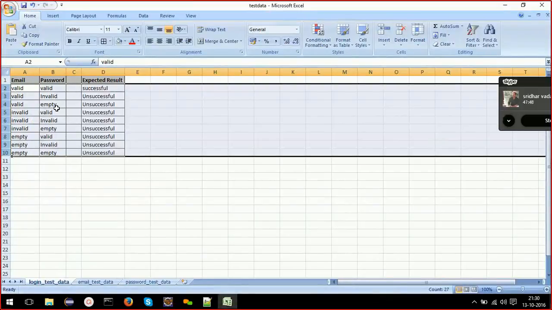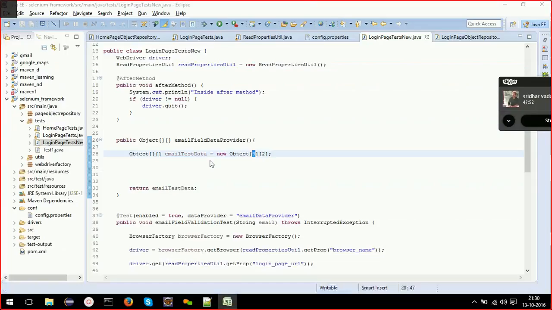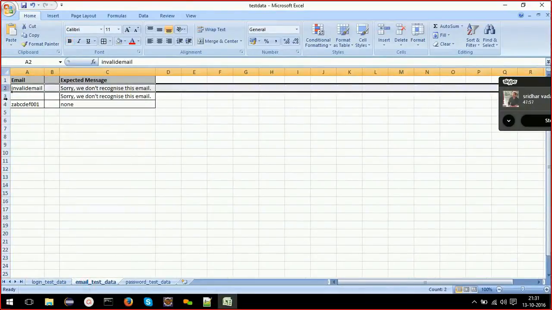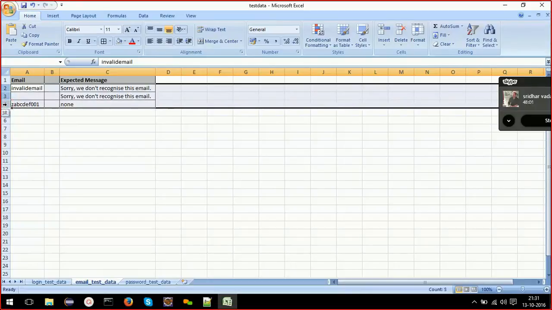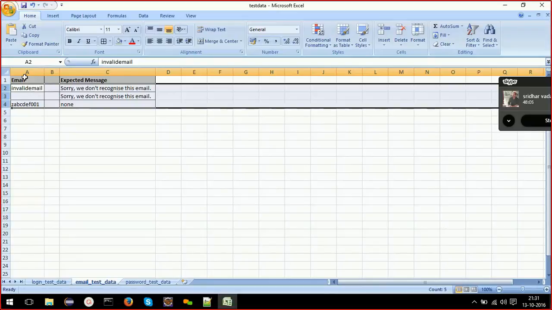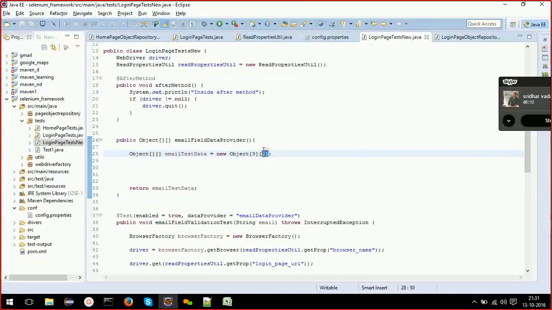And how many values do you need to pass each time? 3 values: email, password, and expected result. That will be 9 and 3. But in our case, our test should get executed with 3 different combinations. So our first dimension is 3, and for each execution we are passing only 2 values, right? So the second dimension will be 2.